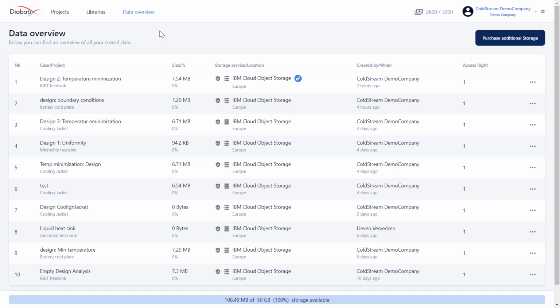For cases that are not running on the supercomputer, that is the cases that have just been created or cases that have finished, you see in which storage service your data is located. For running cases, you can as well see on which supercomputer your case is running and where that supercomputer is